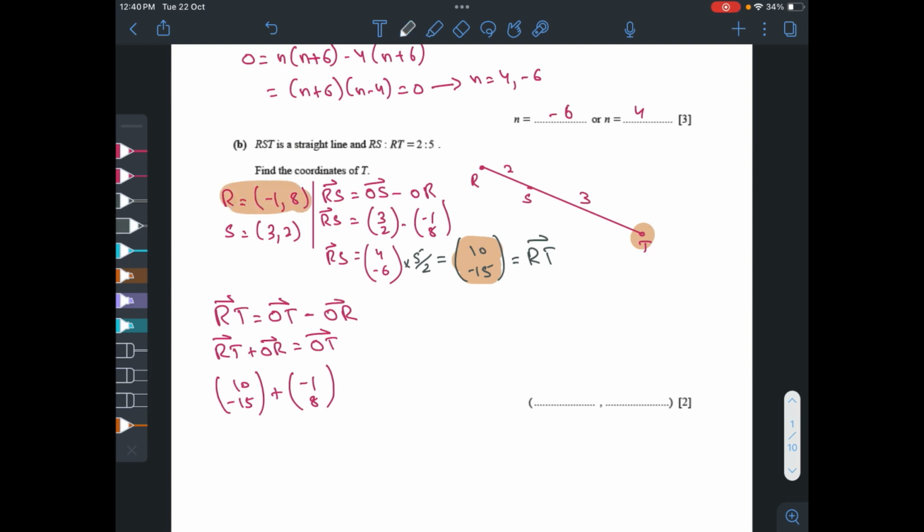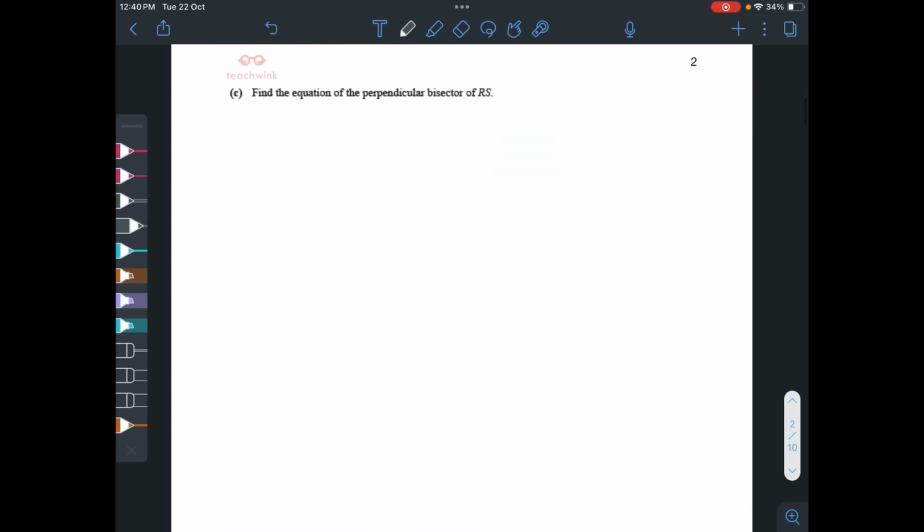When I add them, the values that I get, the answer is going to be 9 comma -7. And that is 9 and -7. Those are the coordinates of T. The next part says, find the equation of the perpendicular bisector of